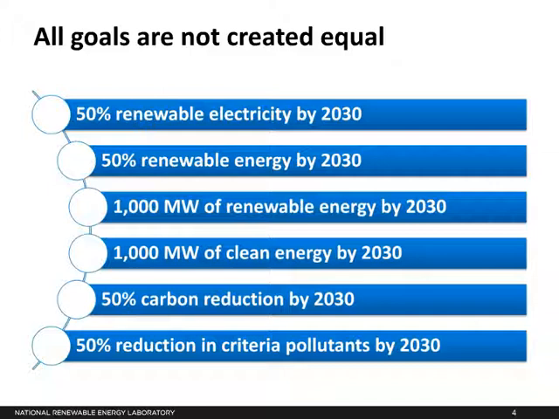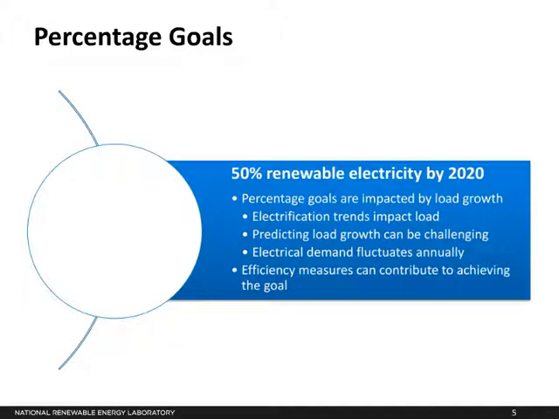So certainly the type of goal that you have to meet impacts how you're going to approach the task of planning to meet it and how you're going to measure success. So let's look at this in a bit more detail. For your percentage goals, if they are based on a percentage of your electricity usage, then they're directly linked to the size of the demand. And the growth in the electrical load will, of course, necessitate procuring more renewables in order to attain the goal.